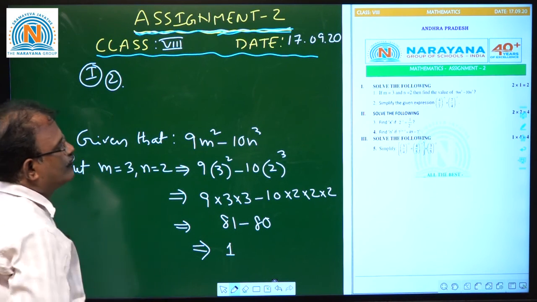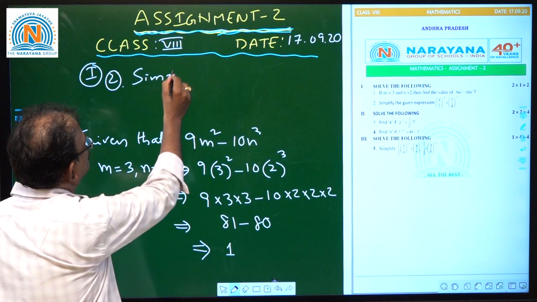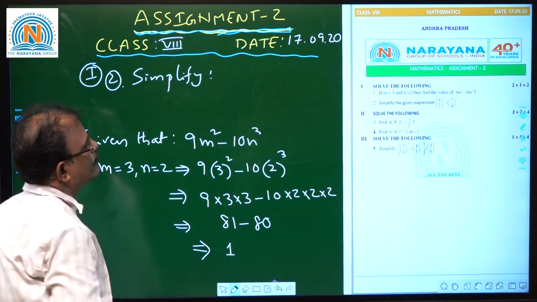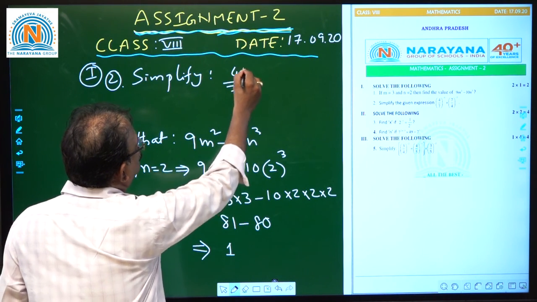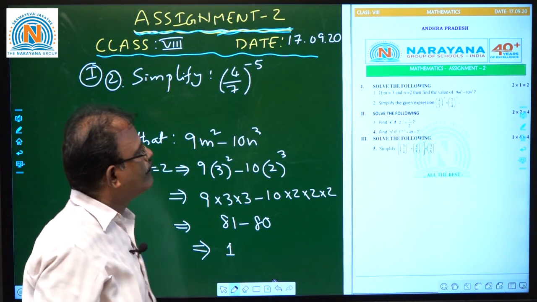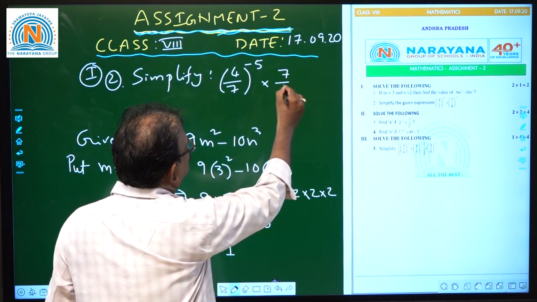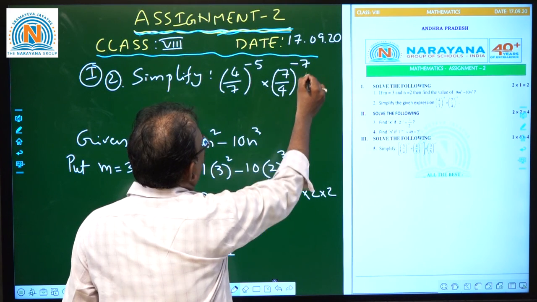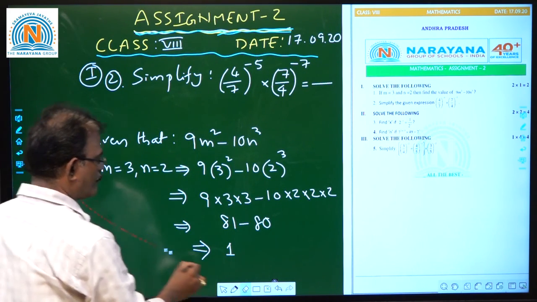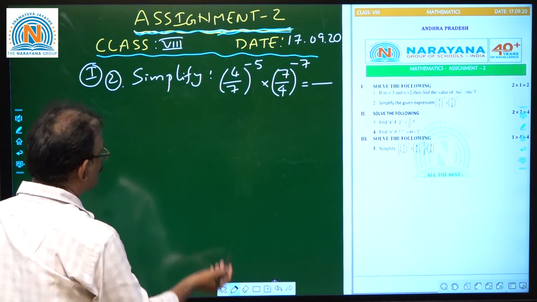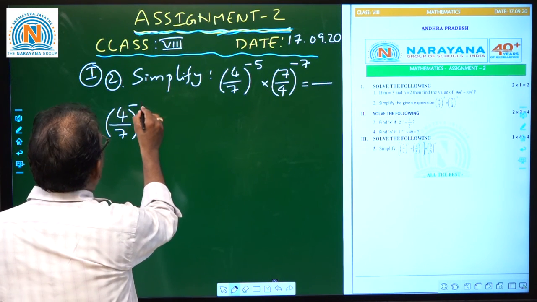Question number 2. What is question number 2? Simplify the given expression. Simplify (4/7) whole power minus 5 into (7/4) whole power minus 7 into (7/5) whole power minus 7 is equal to dash. Now, (4/7) power minus 5